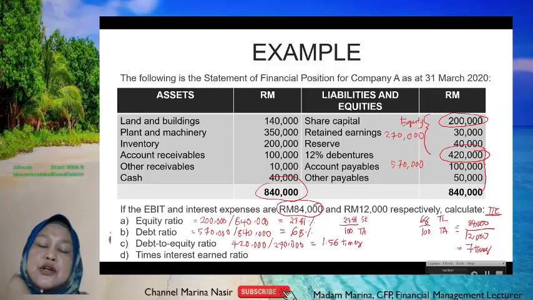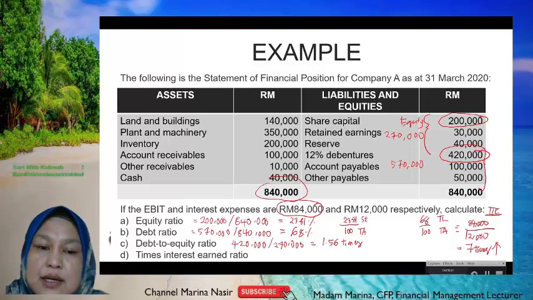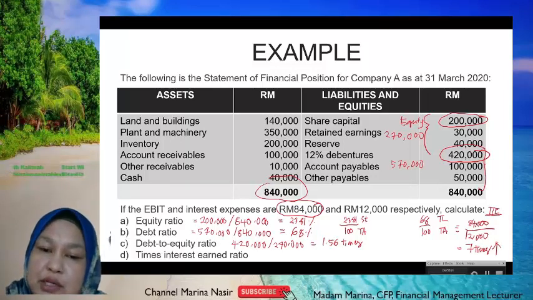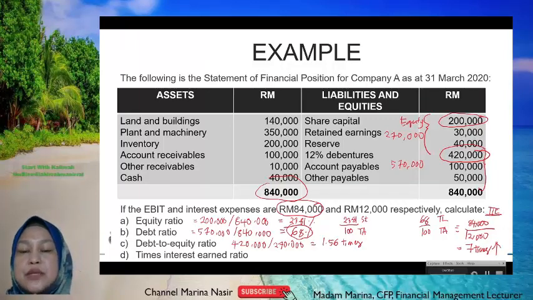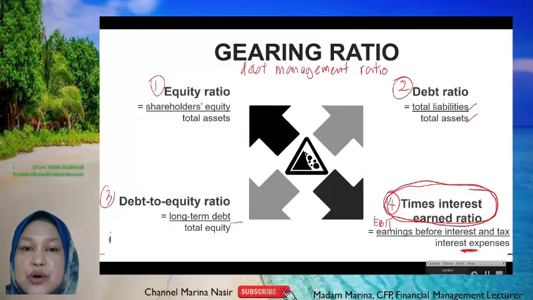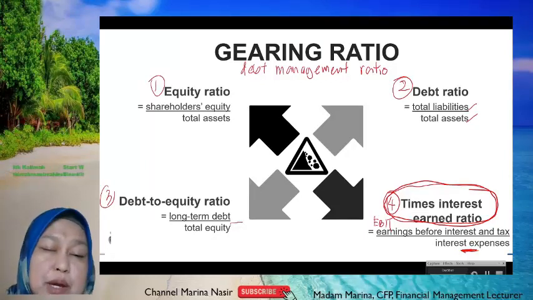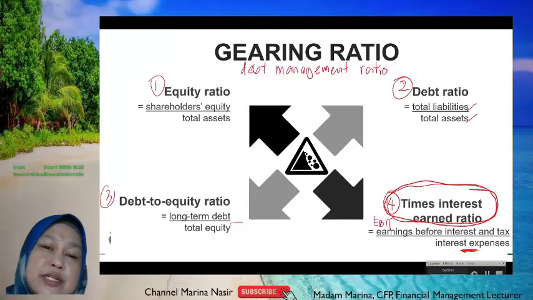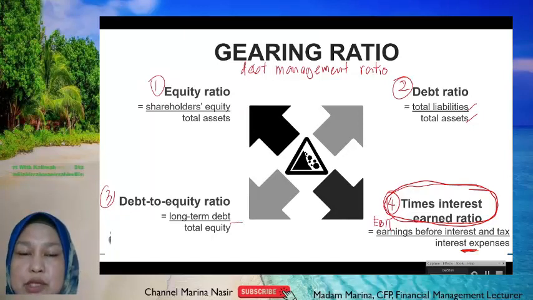For time interest earned, higher is better. What is lower is better? The debt ratio, lower is better. Debt to equity ratio is the same, lower is better. That's all for the debt management ratio or gearing ratio. The purpose of calculating the debt management ratio is to know the debt position from the total asset and from the total equity, and also the ability of the company to pay its interest